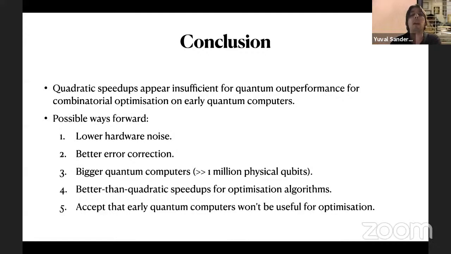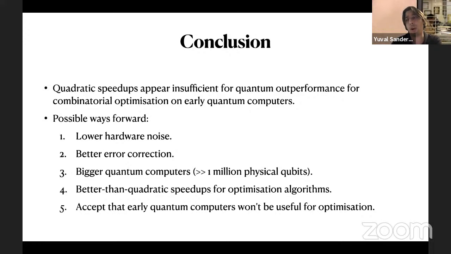Then the other thing is that we don't know if 1,000,000 qubits is big or small. When my laptop is beating this, remember that my laptop has way more than 1,000,000 bits, so it's not a fair fight. That's not necessarily an optimistic story, but classical computers have many decades of technological head start here, so we shouldn't be too surprised. But even say we're trying to get a 1,000,000 qubit quantum computer to beat my laptop, let alone a supercomputer, and let's assume we're not assuming lower hardware noise or better error correction or whatever else.